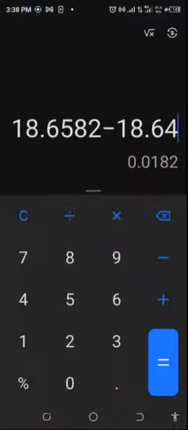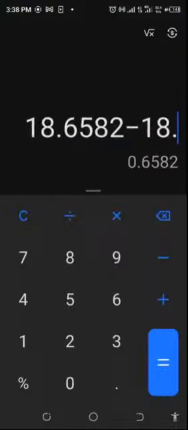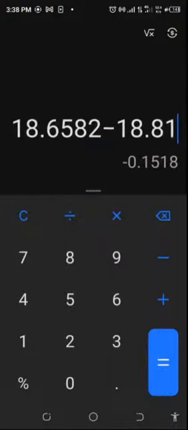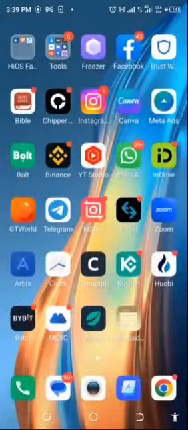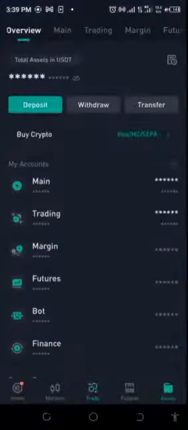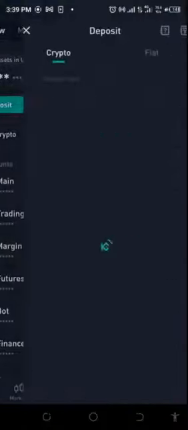18.81. Okay, that looks like we are going to get 15 cents. Let's just move. We are already on this, so we shouldn't waste too much time. So let's quickly go in there and pick up the deposit